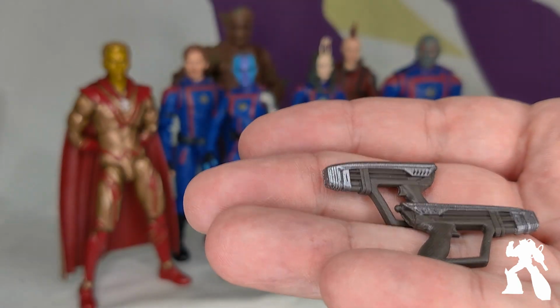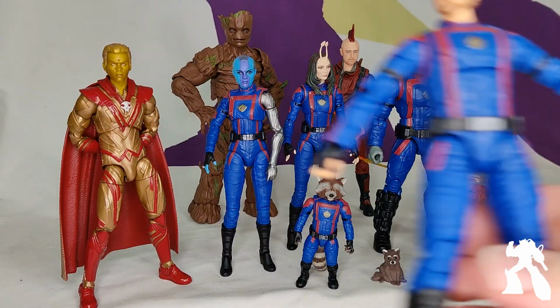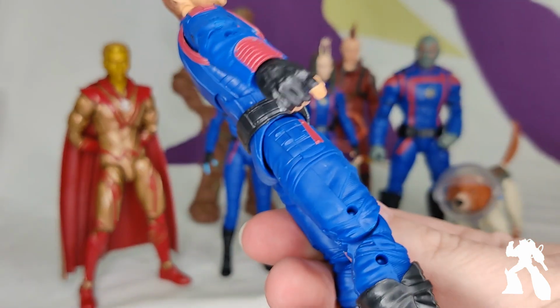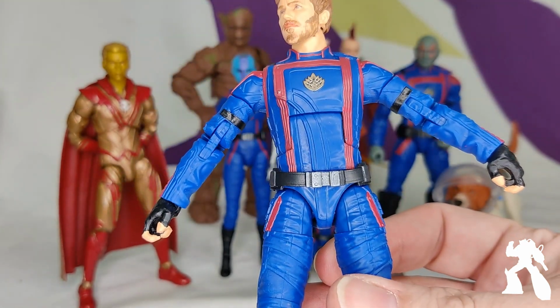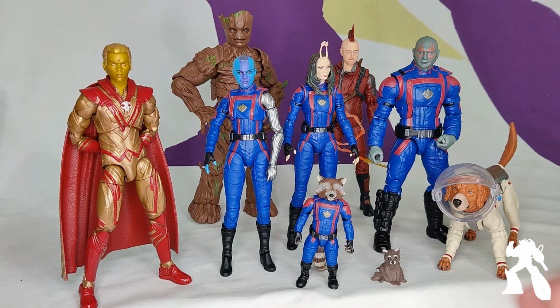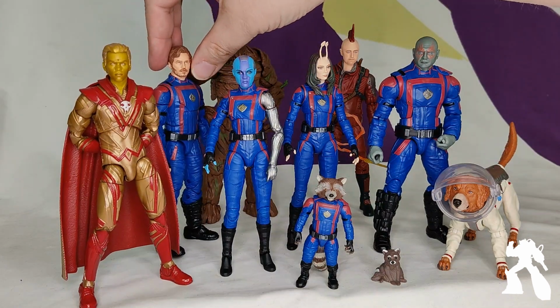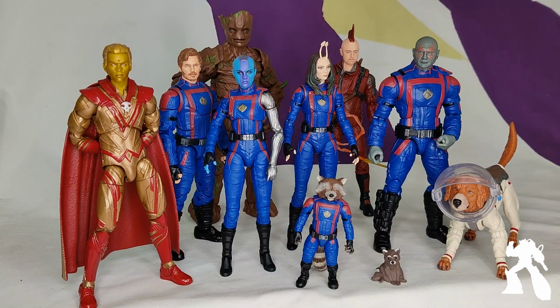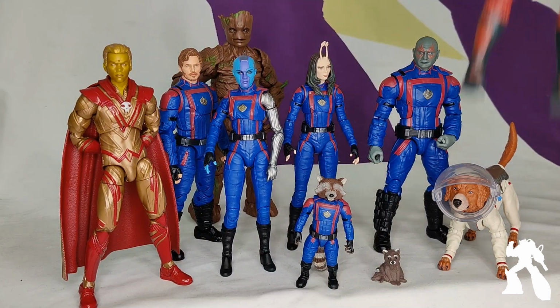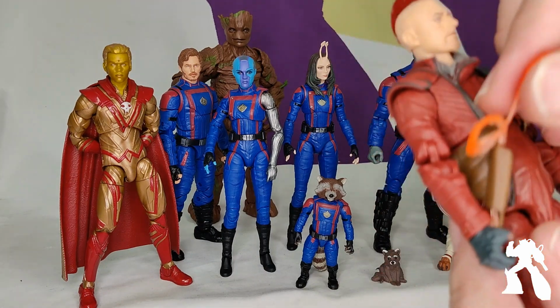But what they took off was my favorite thing about all the other ones. Every other Star-Lord has notches and pegs so he can hold his guns on his legs. They sculpted new ones so he can't do that. So now he has to hold his guns or they go in the parts bin. So, what the F? And in case you were wondering, Kraglin comes with a removable Tweety arrow